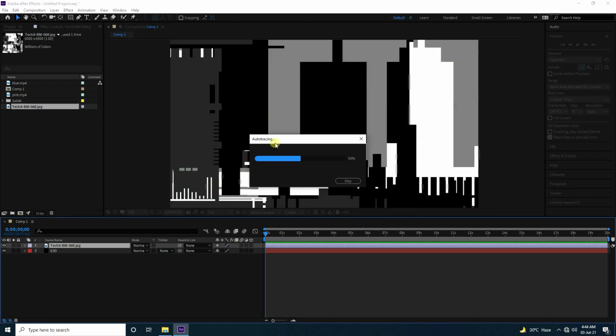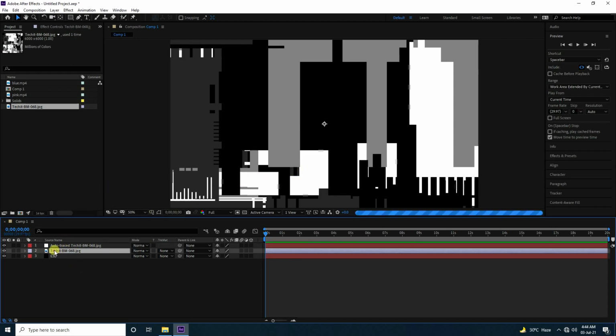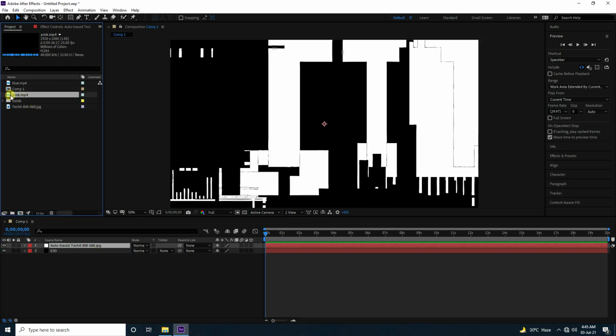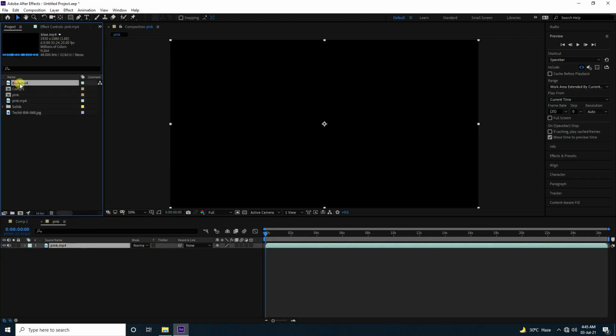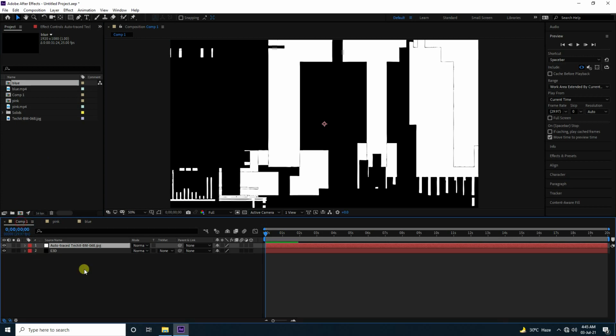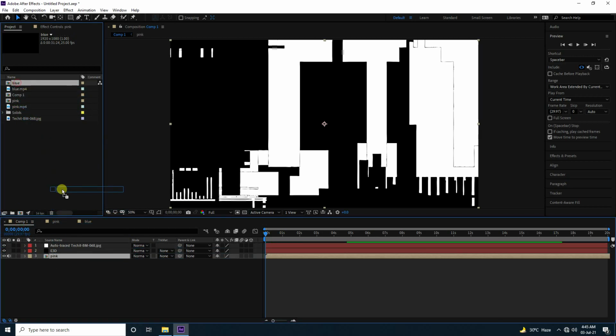That takes a little bit of time. Okay, select this texture and delete it. I have only this auto trace texture. Next, select this pink smoke effect, and drag and drop it in the composition like this. Second, select this blue texture and drag and drop it here. Simple. So pink, drag and drop, and the blue one, drag and drop.